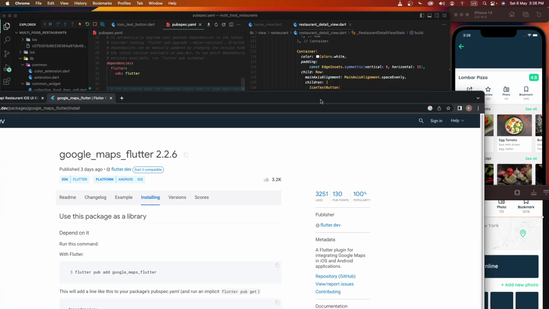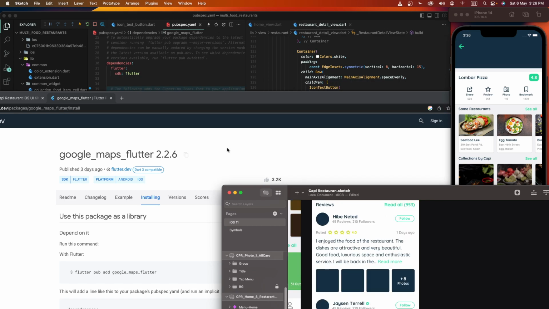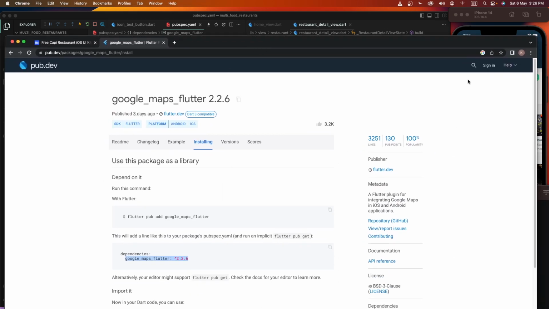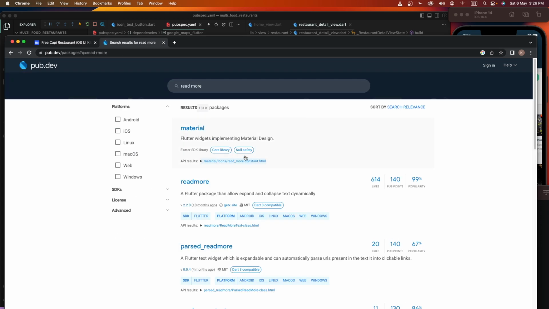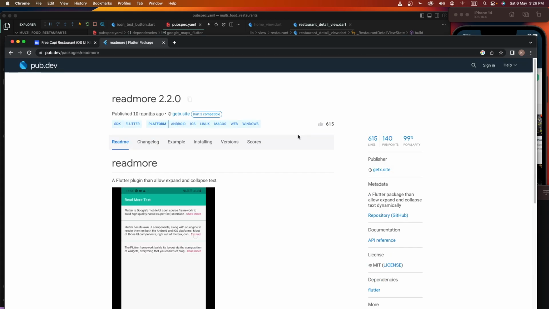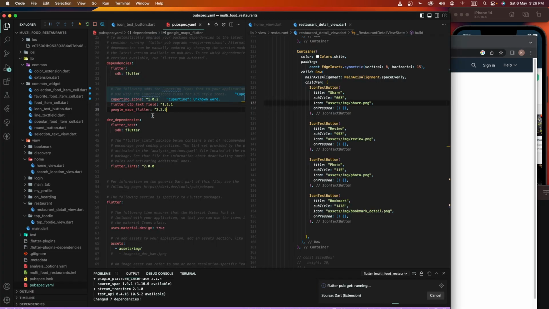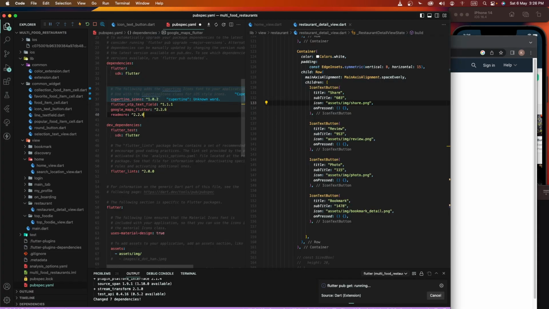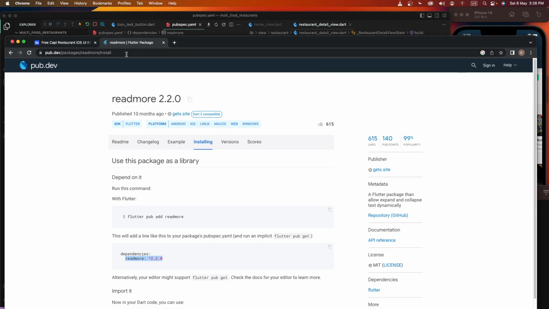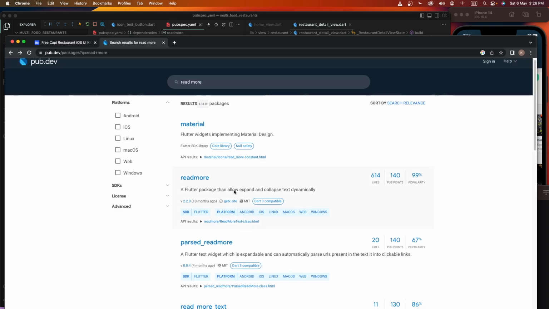And we need one more plugin. We need it here for read more. We need to find out the read more text plugins here. Search here, and we need to find this read more plugin. We need to copy this thing and set it here at the plugin. And first of all we need to check, and we need to configure our